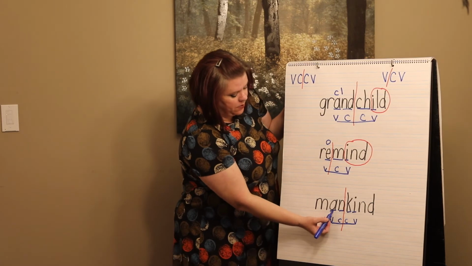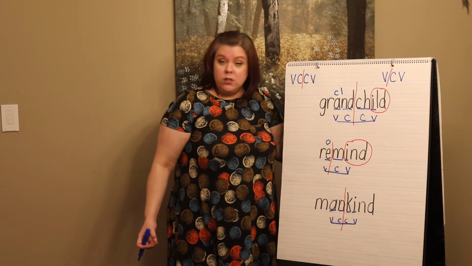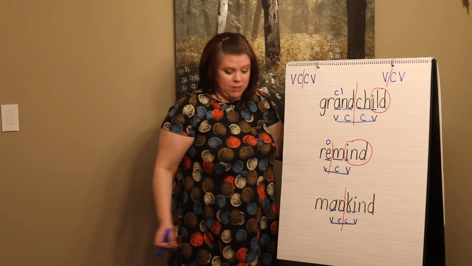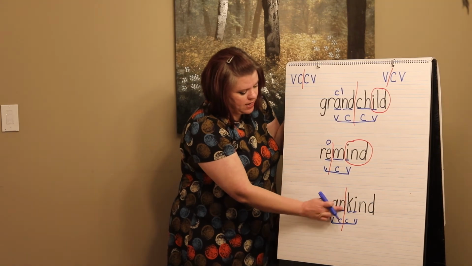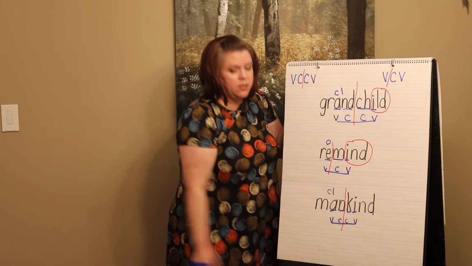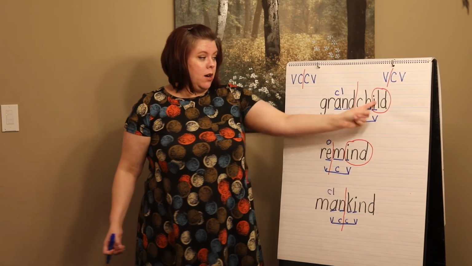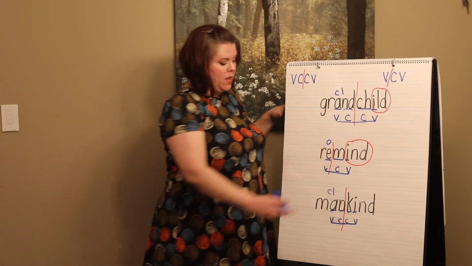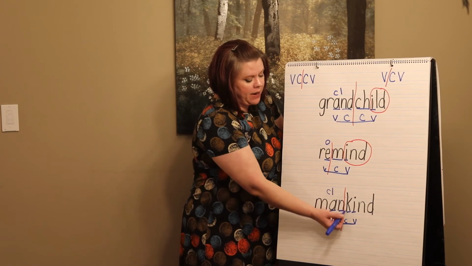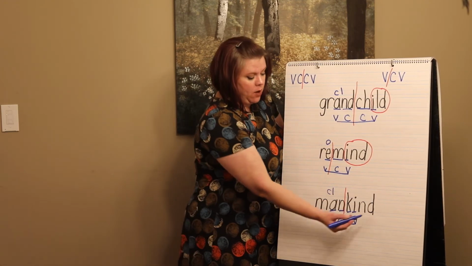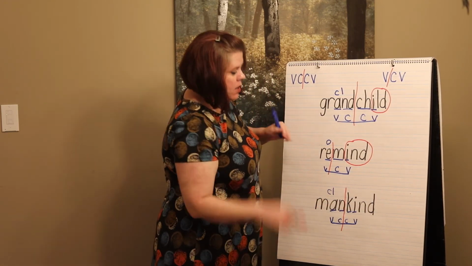All right, so let's look. Is our vowel open or closed? That's right, it's closed. It's closed in with the N. So this is a closed syllable. Closed syllables usually make the short sound, except for our rule breakers that we've learned about. So this is going to be an, man. All right, what have we learned about